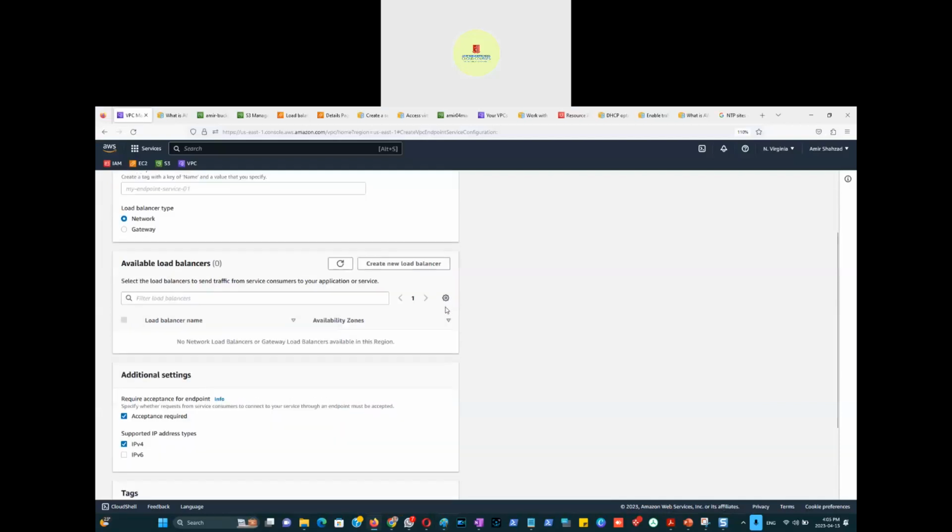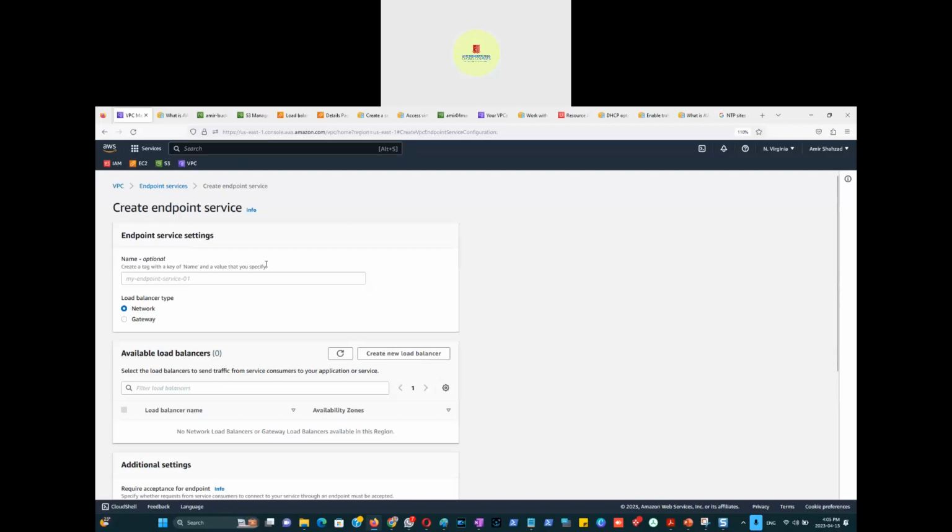If we want to do the lab, connecting this is no big deal, right? But how do we make a connection from the other VPC to this VPC through private link? I mean, what's the proof that